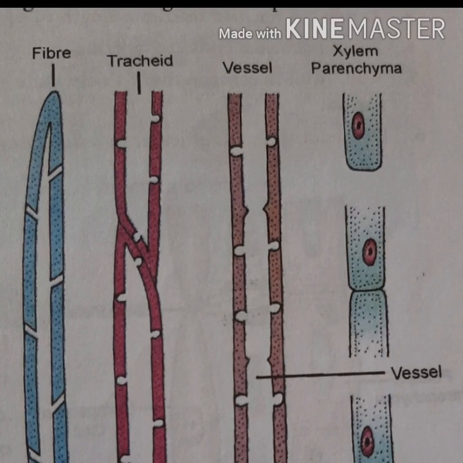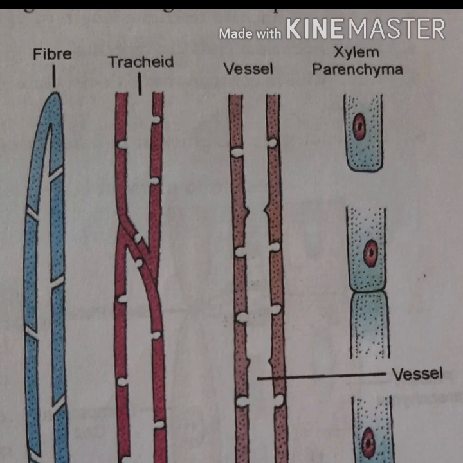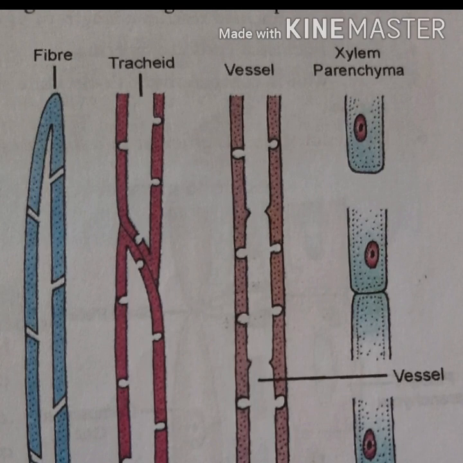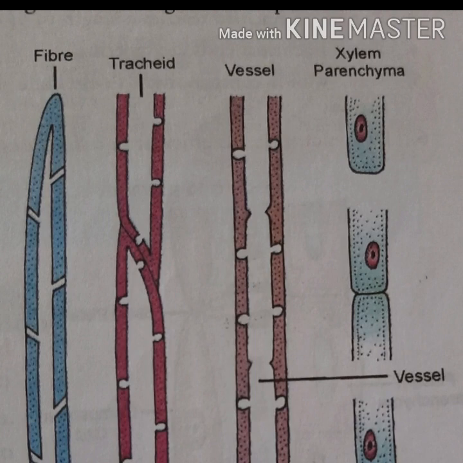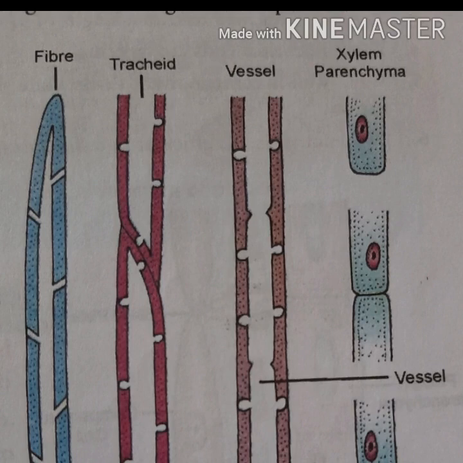Next, xylem fibers. They are sclerenchyma fibers found in xylem. Xylem fibers have thick pitted walls, narrow lumen and tapering ends. They provide mechanical strength. Next is xylem parenchyma. As I told you, it consists of living cells. Cells of xylem parenchyma store food. They also help in slow lateral conduction of water. So as a whole, xylem is considered to be a dead tissue, as only the xylem parenchyma is living, all the other elements are dead.